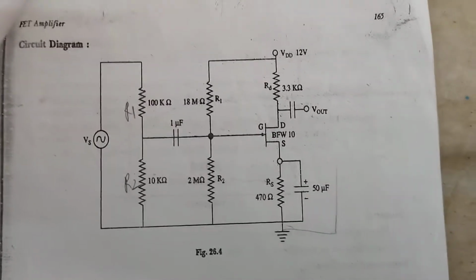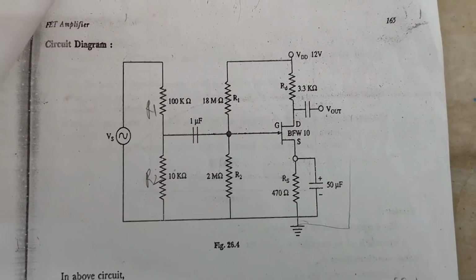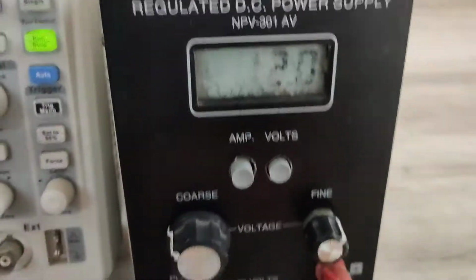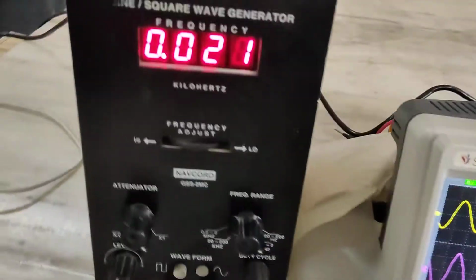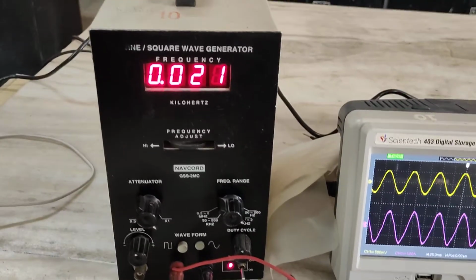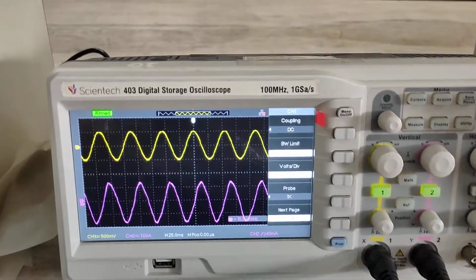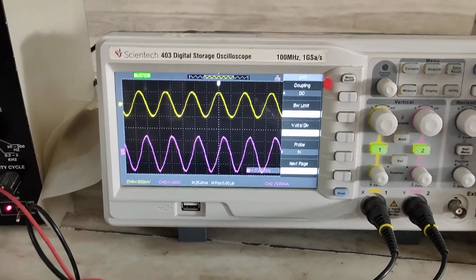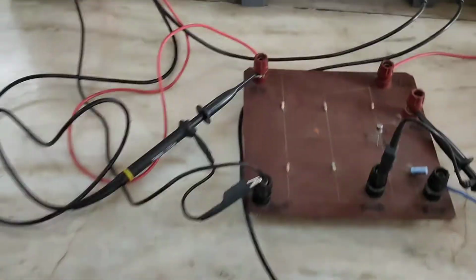And here we have R1, R2, which are used as a voltage divider and so on. So all those things are very clear. Here this is my VDD, which I have kept at around 12 volt, our DC voltage. And this is my signal generator, which acts as a frequency source, and we'll observe the output and input with the help of the CRO. This CRO is a digital CRO, and we will see what happens when we increase or decrease the frequency. As the initial step, I have connected the entire circuit.